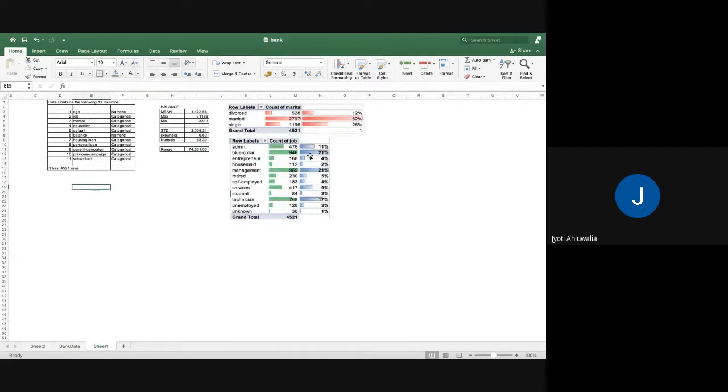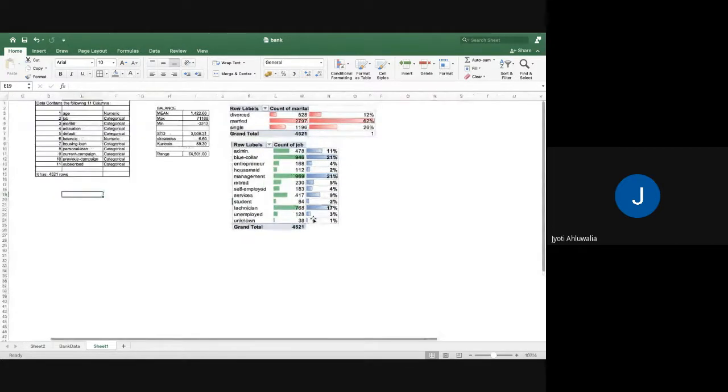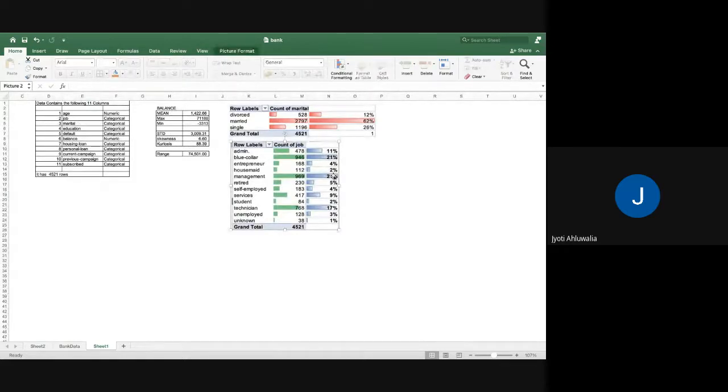So now what do we see here? In my data, the maximum are management, people from the management job type, and technicians are 17%, unknowns are 1%, unemployment 3%, administration, blue collar workers are 21.